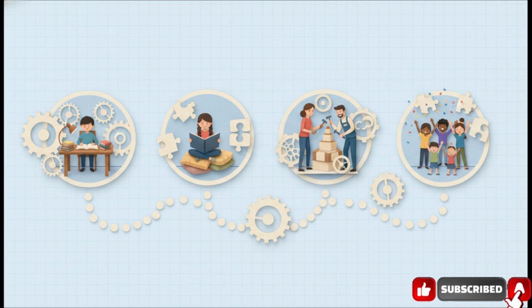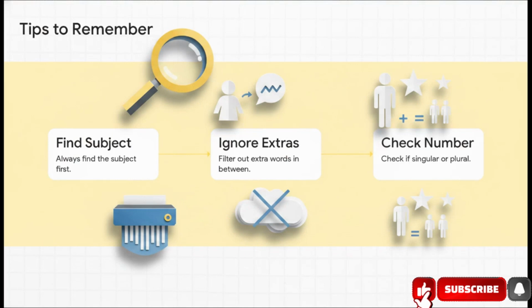Now, their parents work in a school. Parents is plural, so we drop the S and use work. And finally, our tricky trap. Everyone enjoys learning. Everyone acts as a singular unit, so enjoys gets the S. Smooth, right? To make sure you can replicate this smoothness every single time you speak or write, I want to